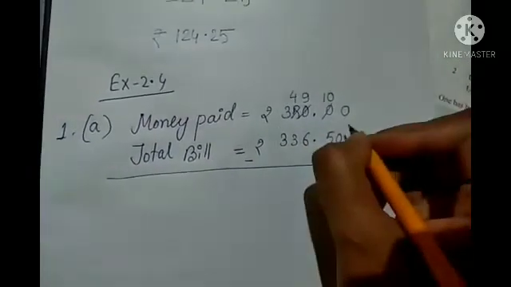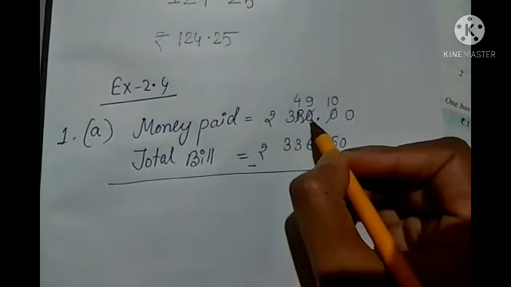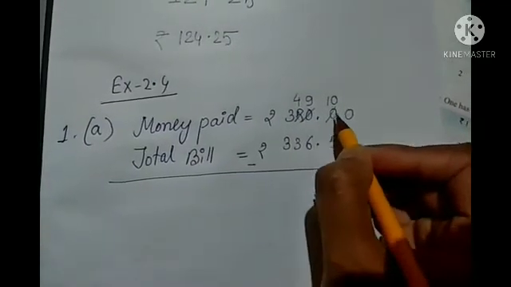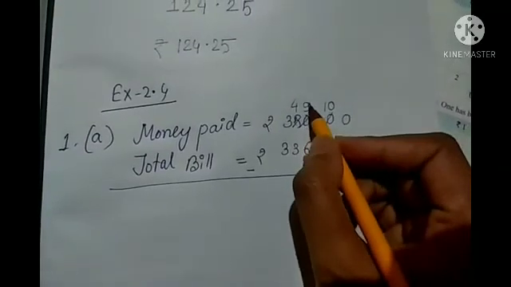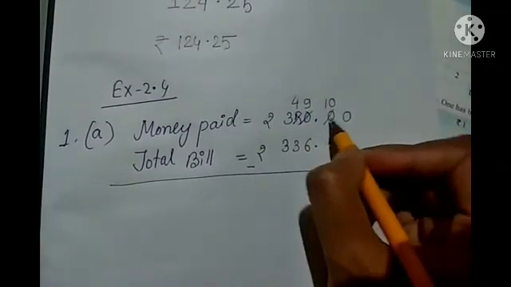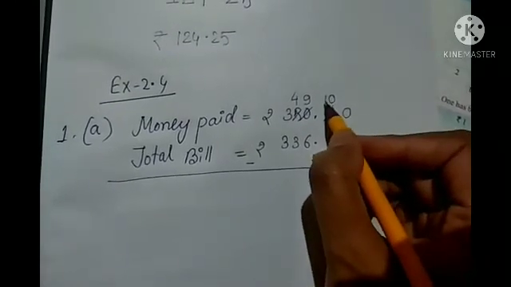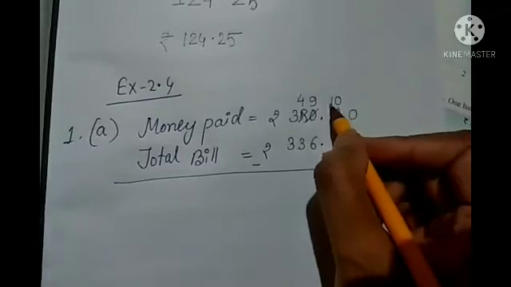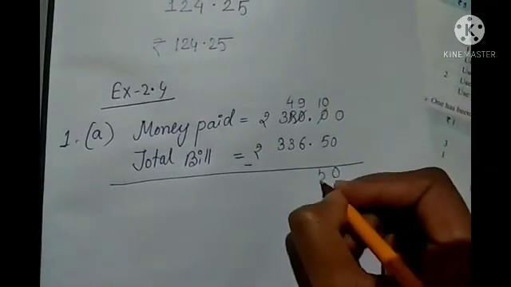Okay. Understood students? How I did this one? From 5 I have taken 1. So now it became 10. And from 10 I take 1. So that's why 10 became 9. Okay, and as 1 is added here, so that's why 1 and 0. So now it becomes 10. So 10 minus 5 will be what? 5.